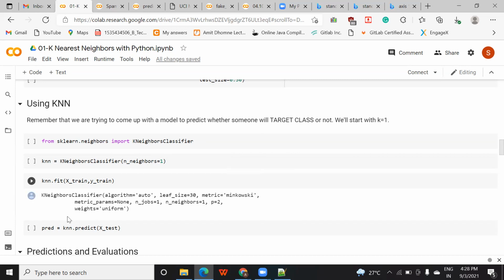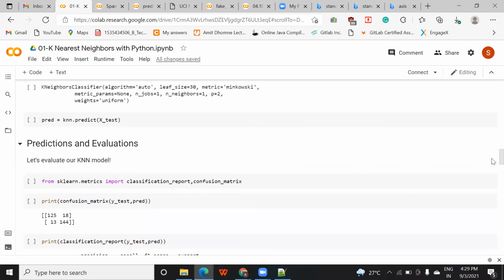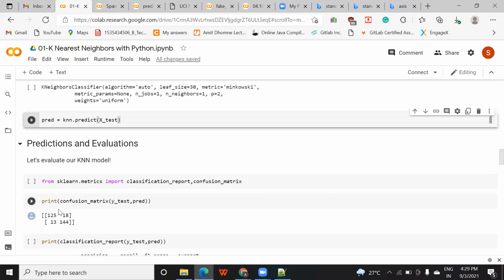So when I did this and did the prediction, I get some values. Here you can check it. When I printed the final confusion matrix after doing the prediction here, this knn.predict on X test, meaning I predicted on the test data, and I printed the confusion matrix, I'm getting this value. Here if you combine these two, you will get around 269, right? 54, 54, 64, yeah, 269 divided by 31, if I add this diagonally, then it will be 269